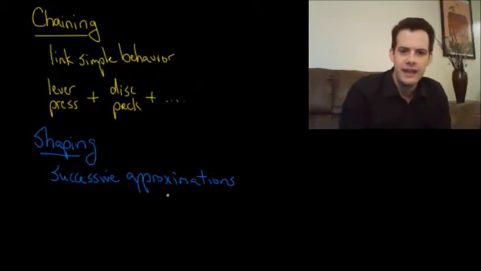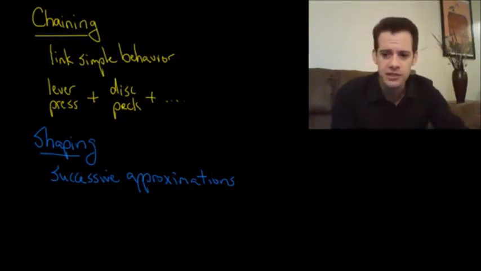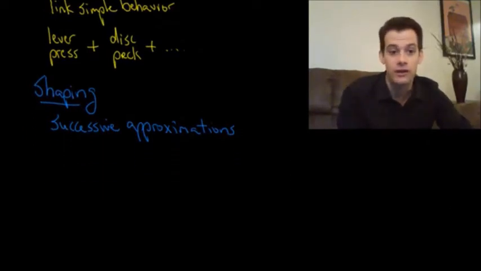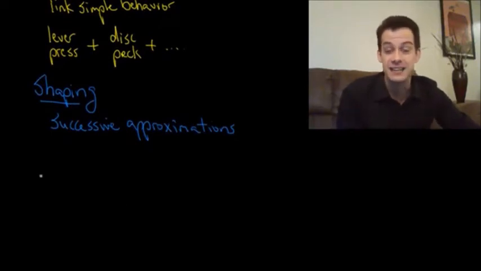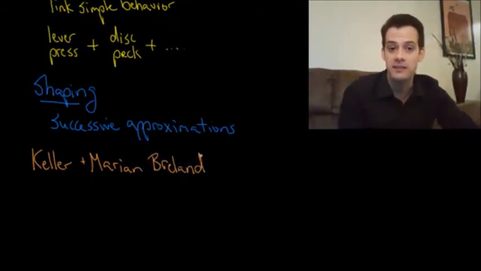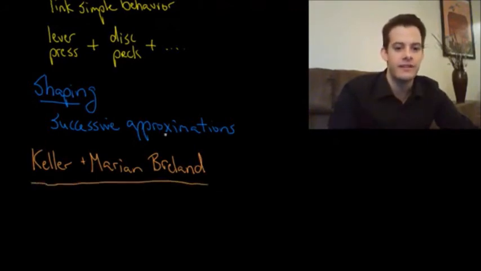So now we can see that we can get very complex behaviors to emerge from this, but there's certain limitations. There's some behaviors that we just can't get to occur no matter what we do. And this is a limitation of this operant conditioning. And so this was demonstrated by Keller and Marion Breland. And the Brelands were animal trainers, and they were using the principles of operant conditioning to get some complex behaviors in the animals that they trained, but they found that there were some behaviors that they just couldn't get to